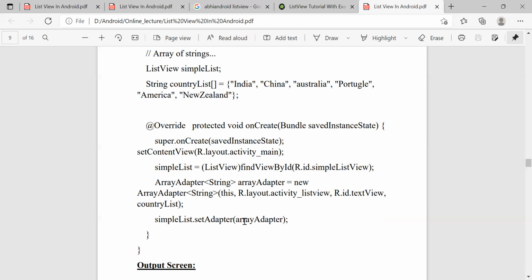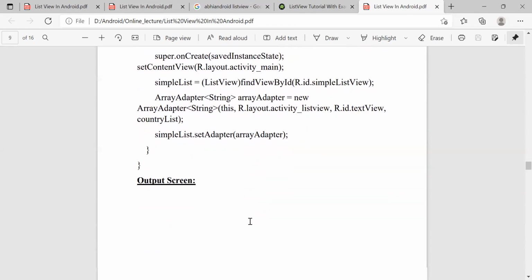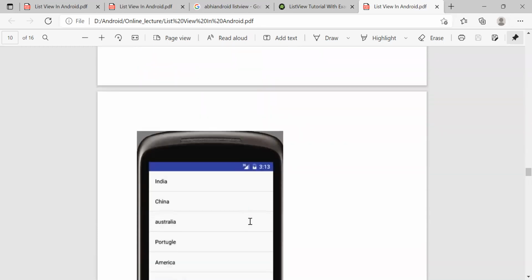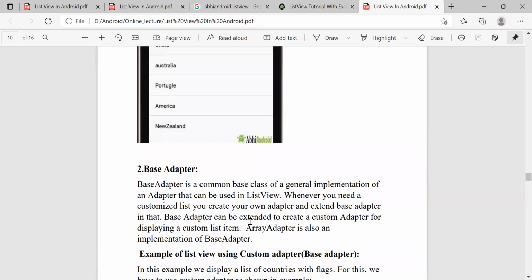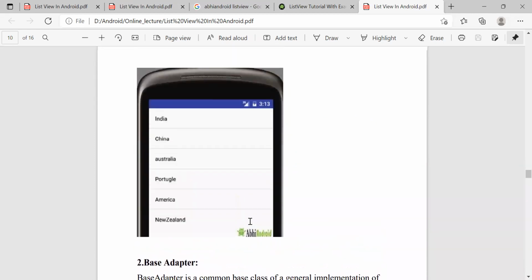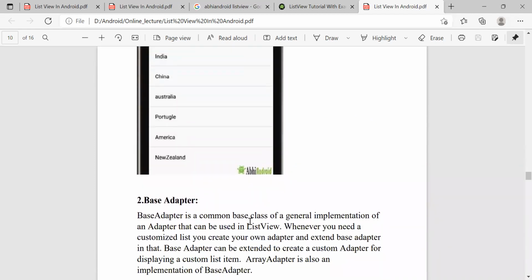So it will bind the adapter to the list, simple list dot set adapter, and here we pass an object of array adapter. So after this program, you will find the output like this. All the country names are displayed here.